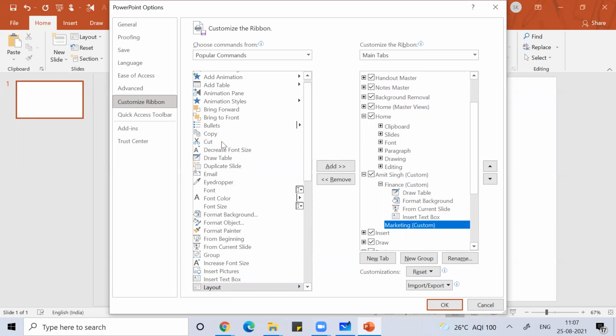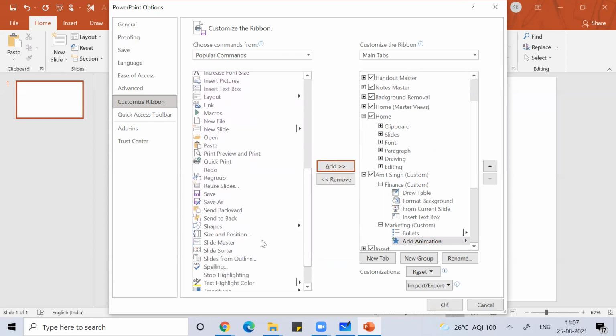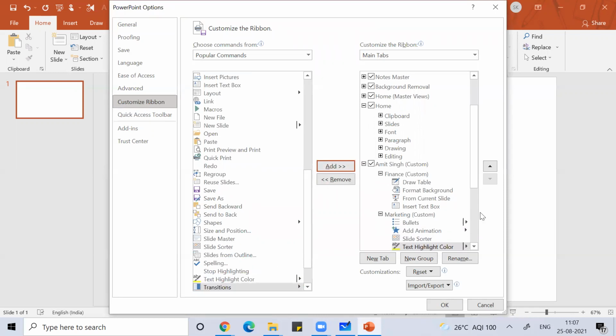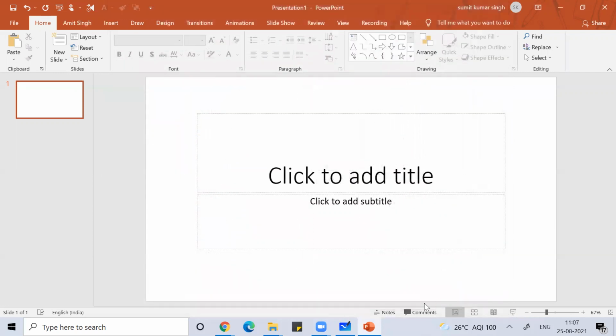Under each group, whatever functions or ribbons you feel are important for you, you can add them. So you can create multiple groups within the tab and then press OK.